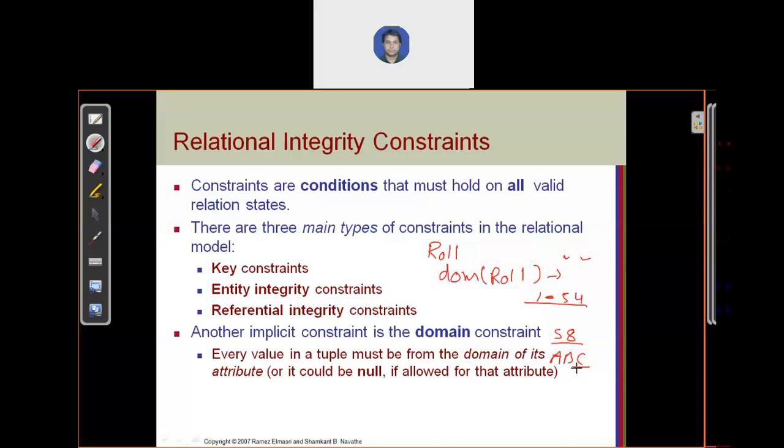If you remember, when you use a form, Google Form or any other form, and you write incorrect information, it shows that it's not valid. Suppose you are writing the email address there, and if you don't mention the at sign, it shows an incorrect email ID because it's matching the domain of email ID. So always when you store or insert a record in your database, it must follow domain constraints. Is it clear?